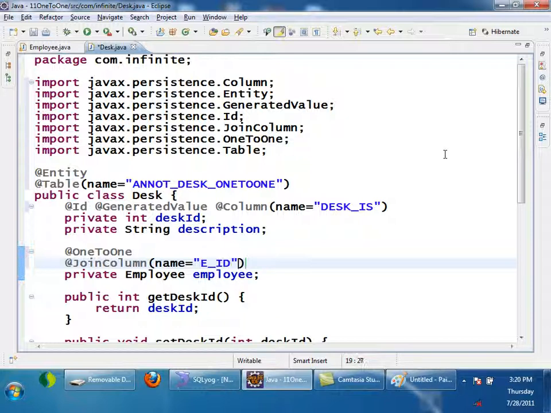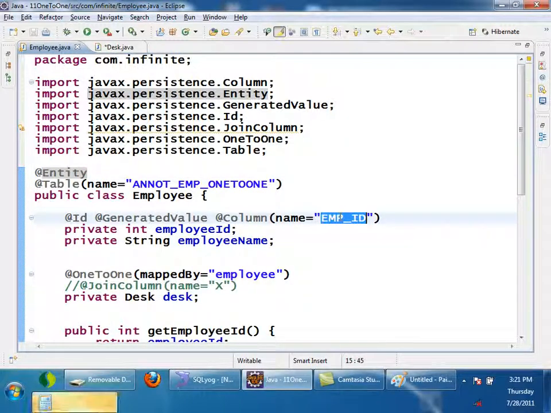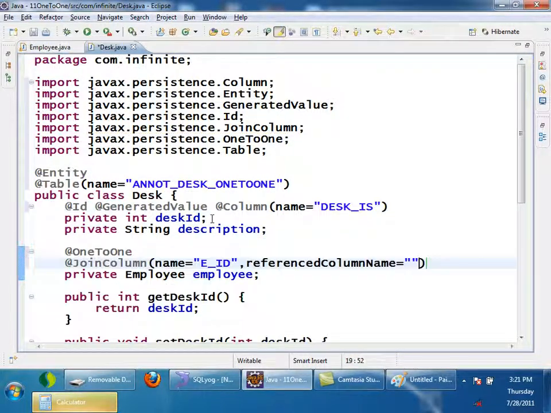The referenced column name is whatever I gave on the other side. So now when I am using join column in combination with one to one, EID will be on this side only. It will be referring to employee_ID on the other side, right? That's it.